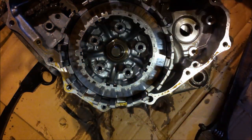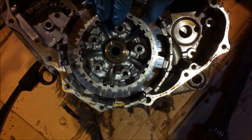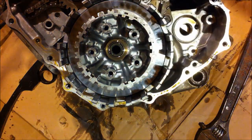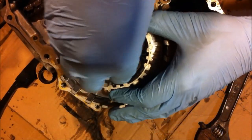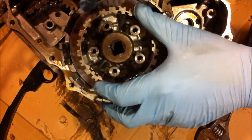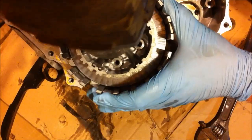Bearing. So double check everything's in good shape. You got your bolt here with your crush washer actually. This one here is a little bit different than a lot of them. So I'm just going to wipe some grease off my crunchy hands. Going to try to remember where I just put that giant socket. And at this point here you might want to get your clutch holding tool, which looks like one of the inner steel plates with a handle on it. But if you have an impact gun, sometimes you don't need it. And in this case I'm going to. It just spun. I know you couldn't see that, but...